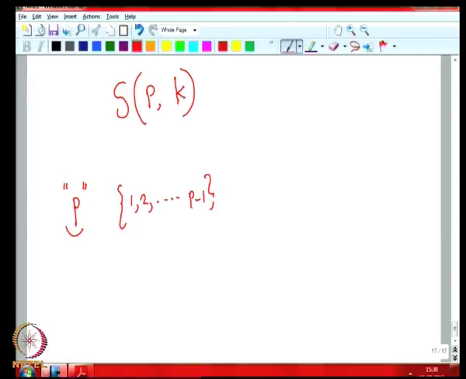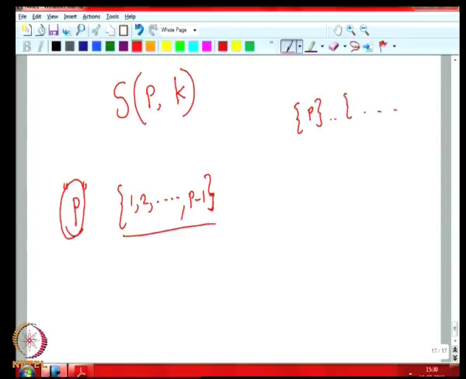Now we will take two cases. Some of the arrangements may have the last number P as a singleton set, so it may have P like this, and then the remaining 1 to P minus 1 get distributed to